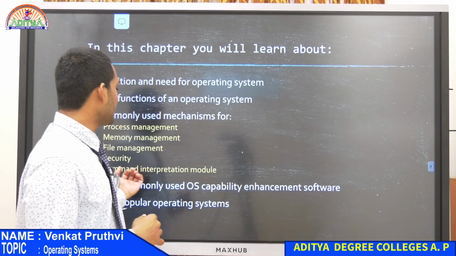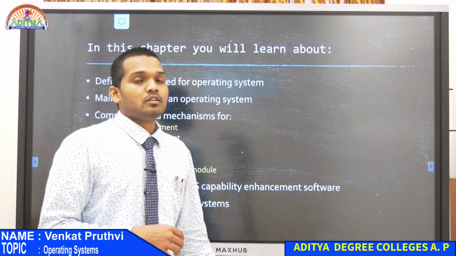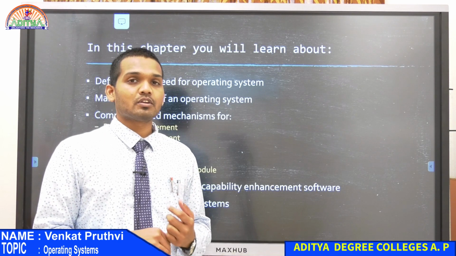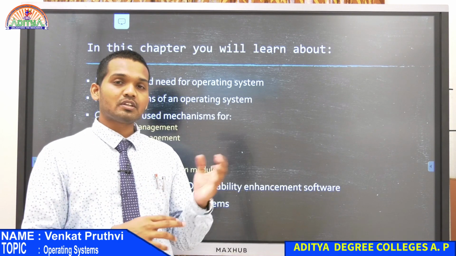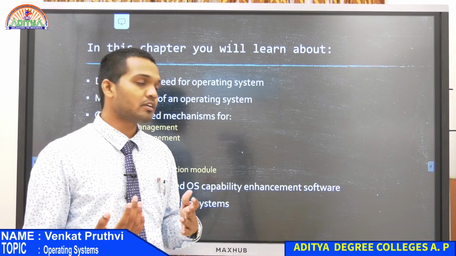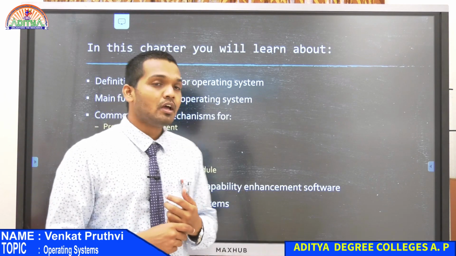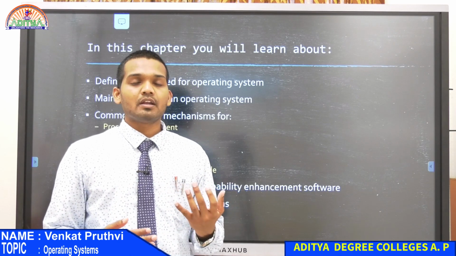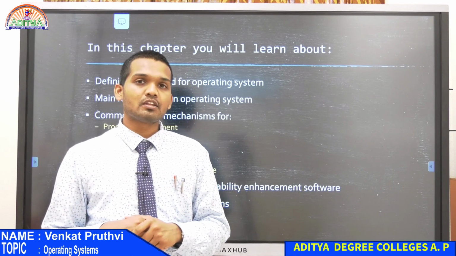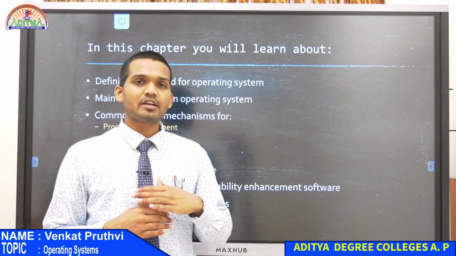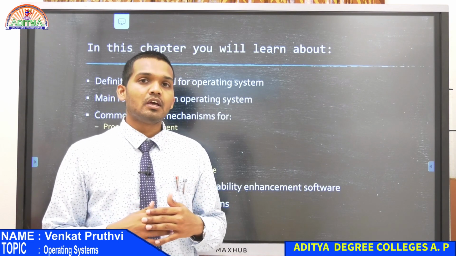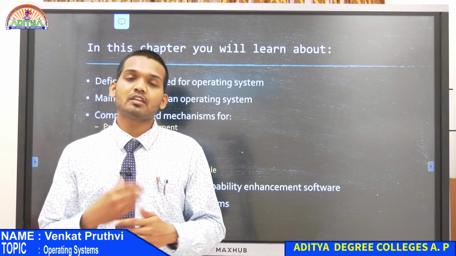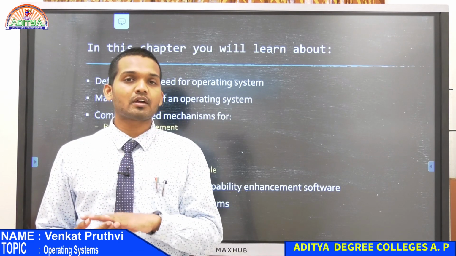And then the command interpretation module. We were discussing commands in the morning session, what the use of it is, and how it is different from the graphical user interface that we had seen. When an operating system doesn't have a graphical user interface and only settles for the command line interpretation, then without this module you won't be able to send tasks or set the commands that need to be performed by the computer.